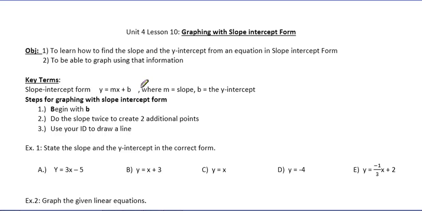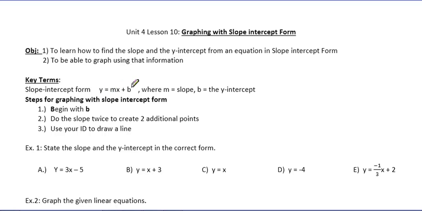Previously, we learned how to find x and y intercepts and use those to graph, and at the very beginning, we learned how to make a table and use that to graph. When we learn slope-intercept form, you will see that this is by far the fastest method, and as long as you understand it, it'll go really quick. A couple of things we need to understand here. First of all,